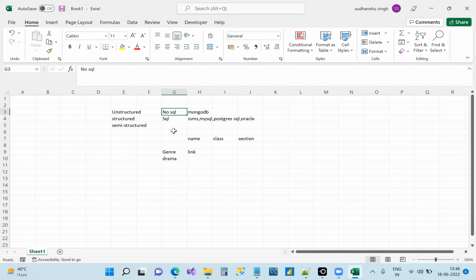So when you write in your CV, if you learn SQL, you'll write SQL. Someone who knows both will say they know SQL as well as NoSQL. Someone who says they know NoSQL means they can work on unstructured data as well. For the time being, you're learning SQL, so you'll be working on structured or majorly structured data, at times semi-structured as well. Got it? Everyone?